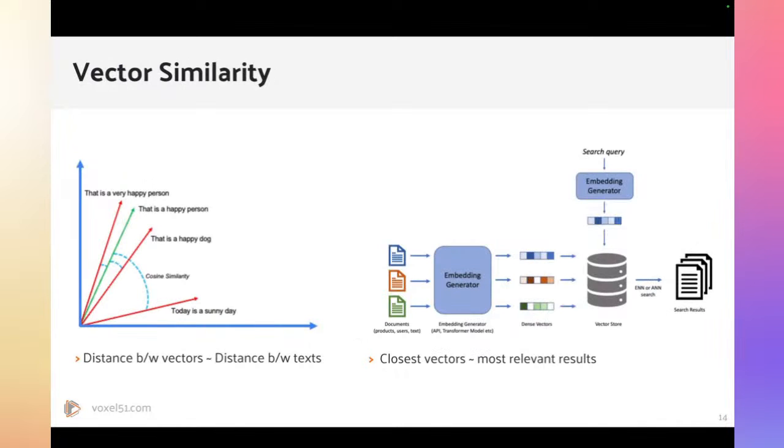And the cool thing about them is that once you have these vectors, you can compare the input data. So this gives you a way to say how close is the sentence "that is a very happy person" to the string of text "that is a happy dog," and is that closer than, for instance, the two sentences "that is a very happy person" and "that is a happy person." Now, intuitively, humans would imagine that the last two are more similar. But this basically gives our models and downstream applications a way to understand and to make these types of decisions.